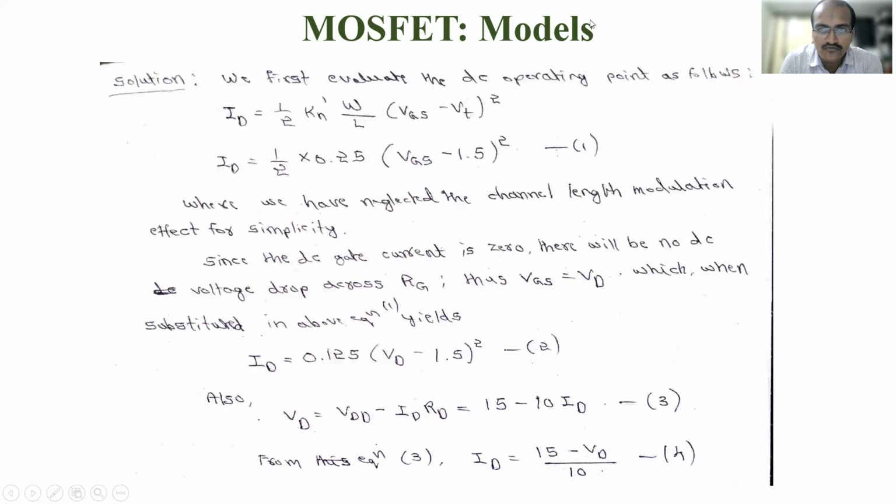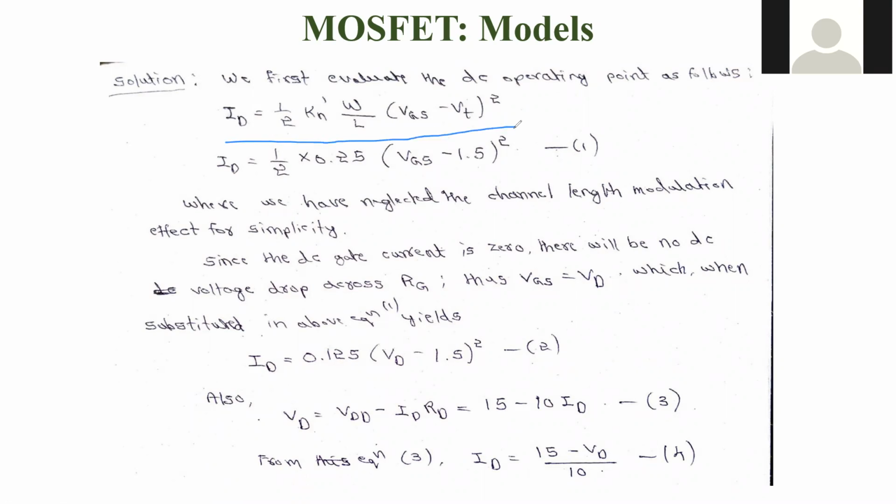For that we use the basic equation. I told you, whenever we discuss MOSFET, this equation should be remembered. What is that? ID equal to 1 by 2 Kn dash W by L, VGS minus VT whole square. Now we'll substitute. All the values are given. Kn dash W by L is given as 0.25 milli. So we can keep the drain current in milli; that's why I have not considered 10 to the power minus 3 separately.